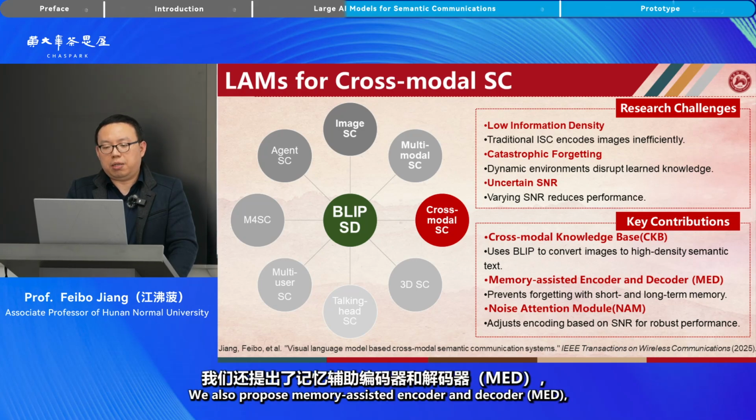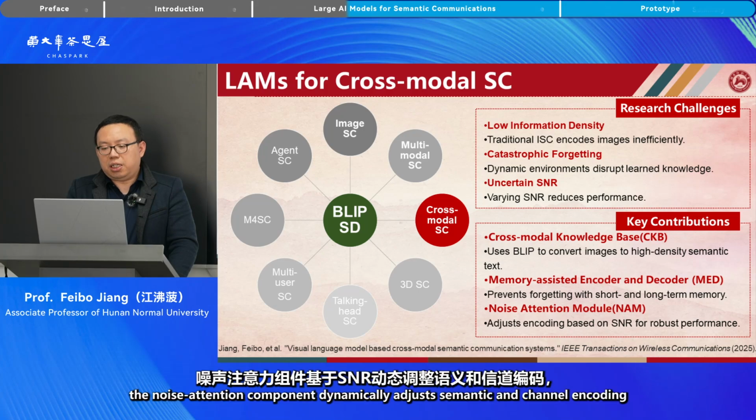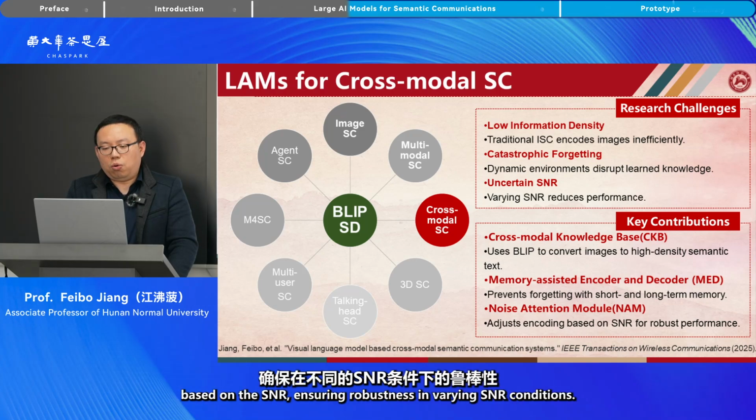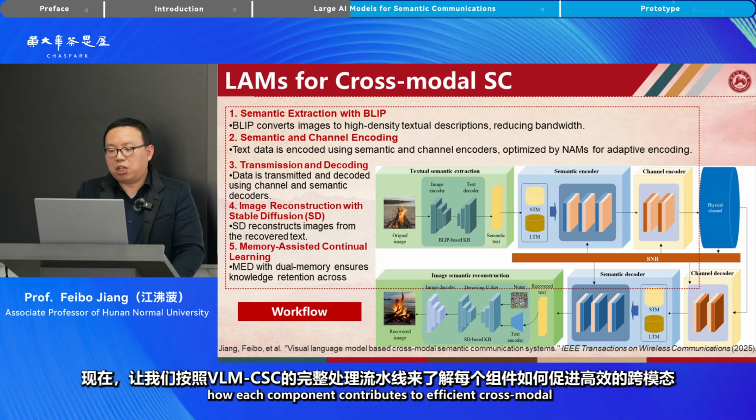We also propose memory-assisted encoder and decoder, which use short and long-term memory tools for continual learning. Lastly, the noisy attention components dynamically adjusts semantic and channel encoding based on the SNR, ensuring robustness in varying SNR conditions. Let's now follow the complete processing pipeline of VLM-CSC to see how each component contributes to efficient cross-modal semantic